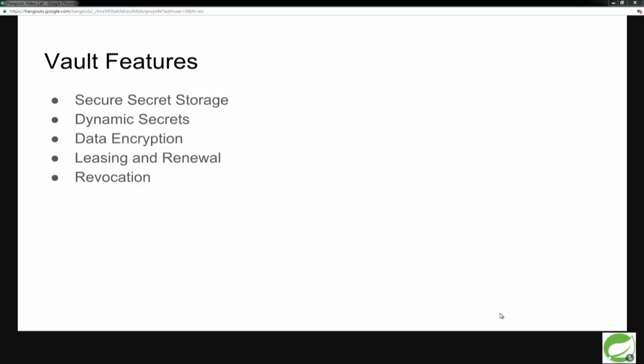And they say, OK, I'll give you a username and password. Here it is. And a week later, you solve the problem, and you tell the admin, hey, I'm done. Go ahead and revoke those credentials. And the admin's really busy that day, and it gets lost in an email chain, and he forgets totally about it. A year goes by, and someone finds that username and password somehow, and now all of a sudden they have access to it, and no one's really even thinking about it.